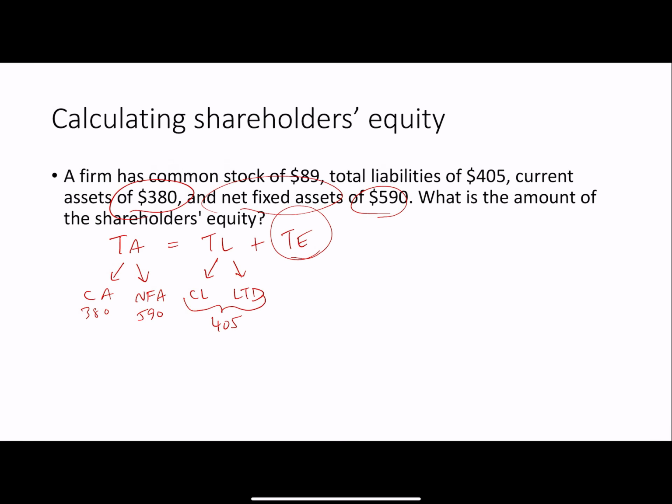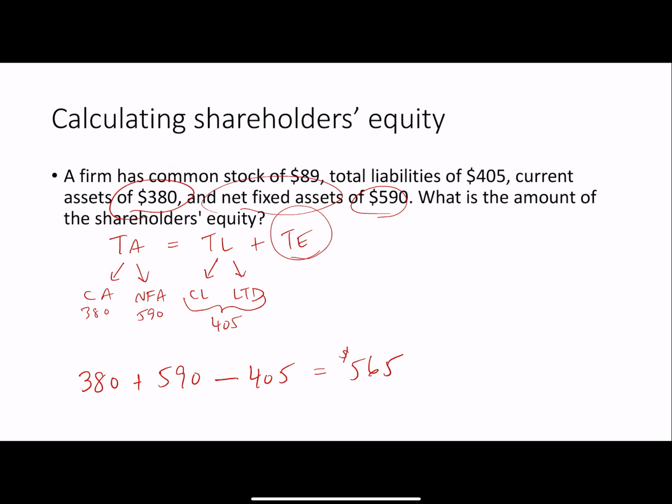So what we need to do is push total liabilities to the other side. We'll combine total assets as 380 in current assets plus 590 in net fixed assets, minus total liabilities of 405, and that gives us